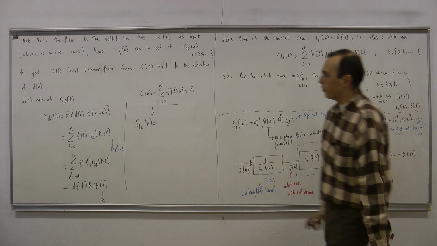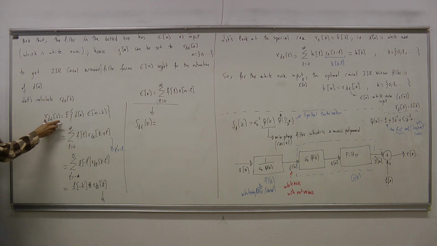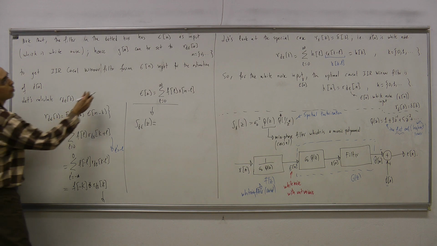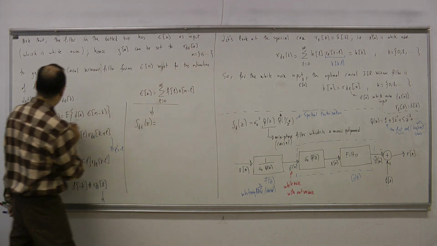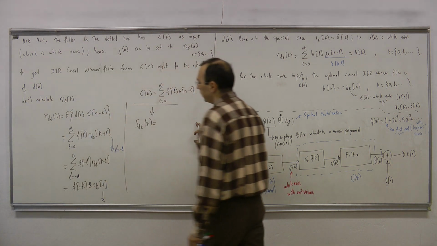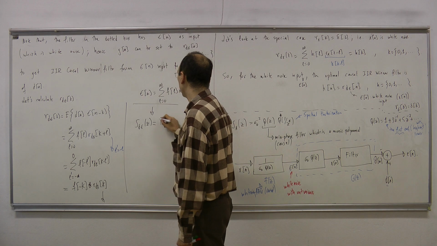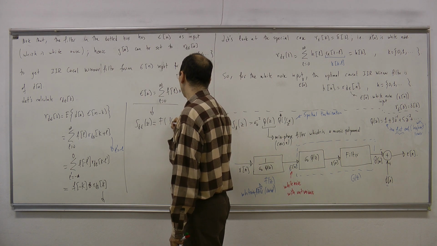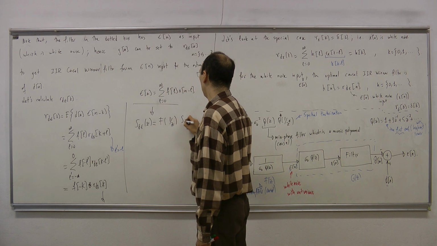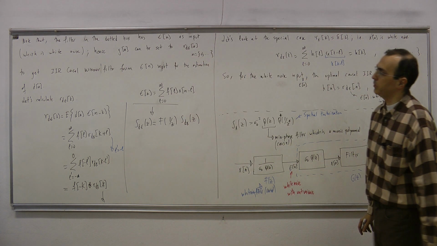Because if I can calculate this thing, the problem is almost solved, because I need the zeroth sample of this, I need the first sample of this. I'm almost done, but I want to do this calculation in a simpler way. So let me then do this. This is nothing but the convolution relation. So f of 1 over z,